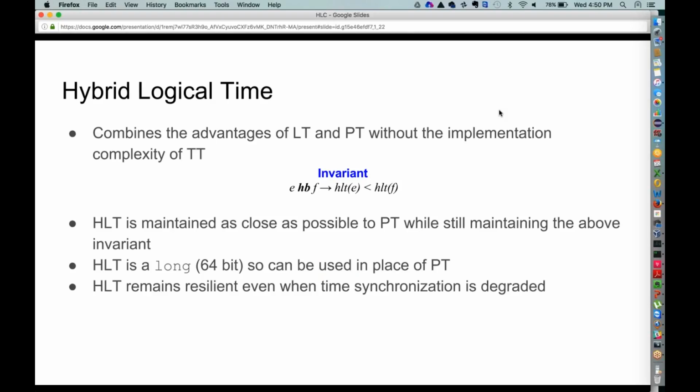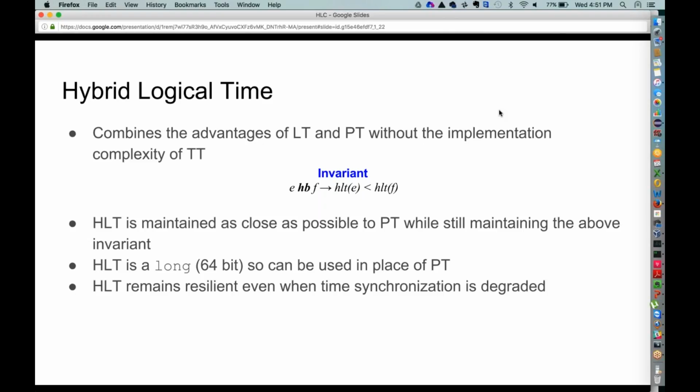So finally, this is the feature that we currently have, and what this gives us is it combines the advantages of logical time and physical time, as I briefly mentioned earlier, and it provides the same invariants that we were getting with logical time. Meaning, if you have two events and one of them happened before the other one, the corresponding hybrid logical times will have a definite order. Again, this is not something that you can get with physical clocks because of clock uncertainty, but that is something that you get here because that is what we want to support.